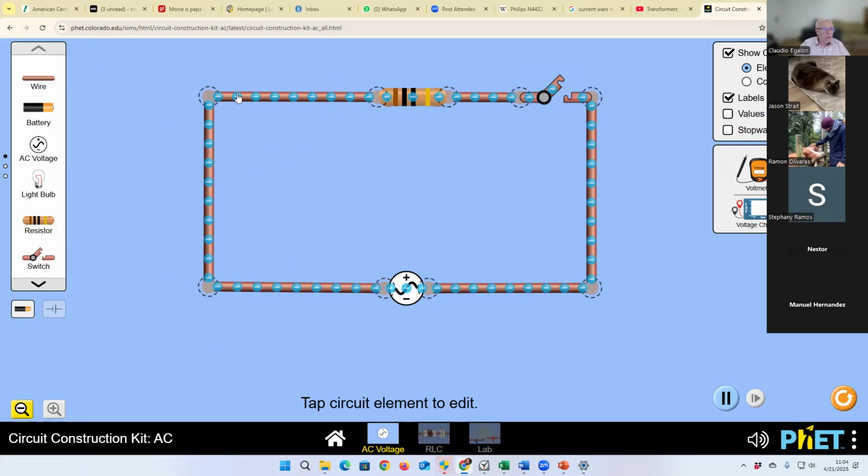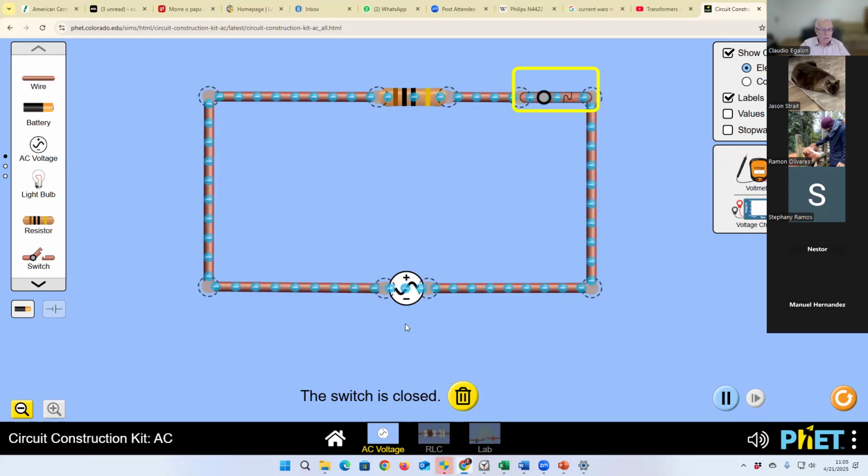Look at the negative charges here in the circuit. They are the little blue charges. I'm going to close the circuit. Look what happens to the charges. They move back and forth. That's a very good picture of what happens